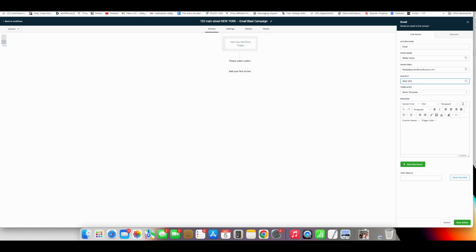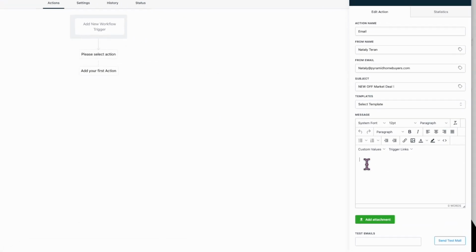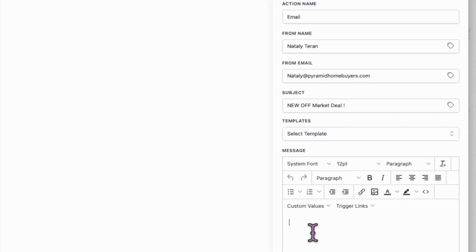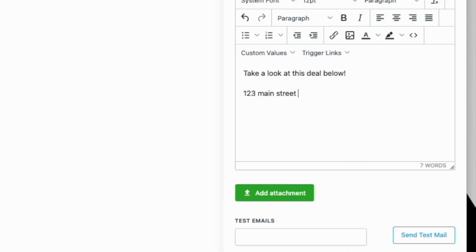new off market deal. Start with the address, right? You can straight up just say, hey, new potential deal, take a look at this deal below. You can start obviously with the address. So 123 Main Street, 2 beds, 1 bath, 1,500 square feet,